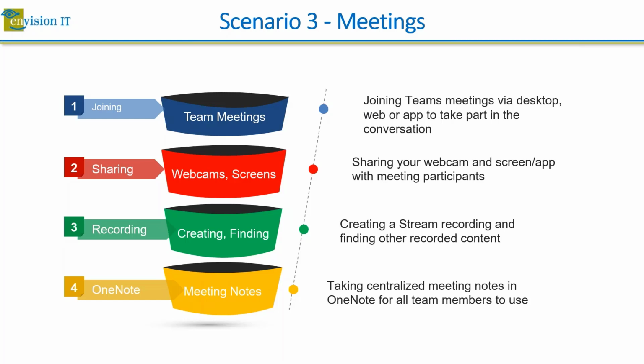So being able to manage things in Stream and maybe tag them so they're easy to find later, associate them with a team or a team site, again, moving along on that maturity model. And then OneNote, if you've heard me talk before, you know I'm a big fan of OneNote. We use it extensively at Envision IT. The ability to keep meeting notes in OneNote and make that available for everybody in the team. Ideally, that OneNote should be in the team site that's associated with the team for the meeting, and it all kind of fits together nicely from that point